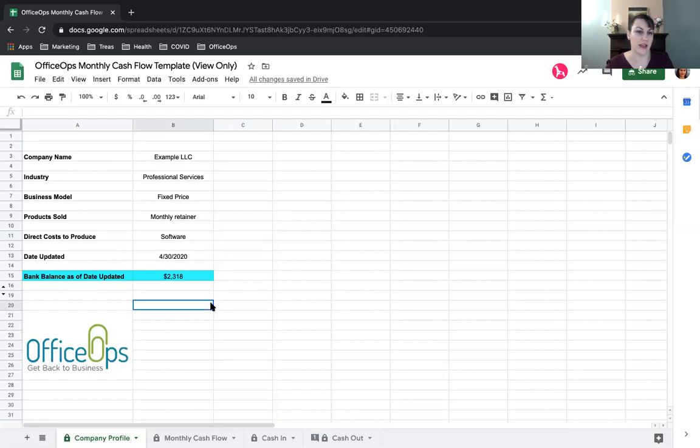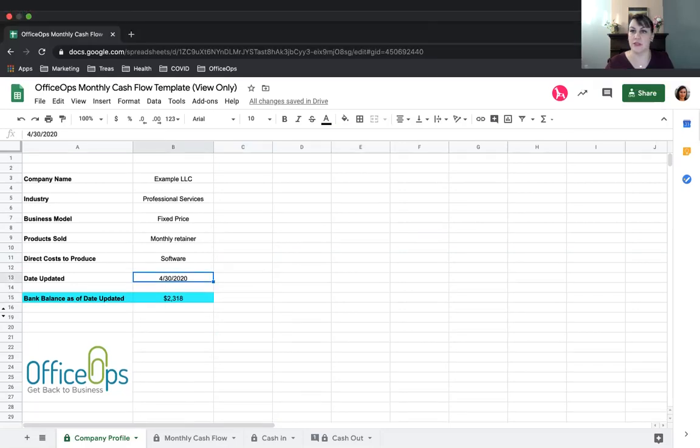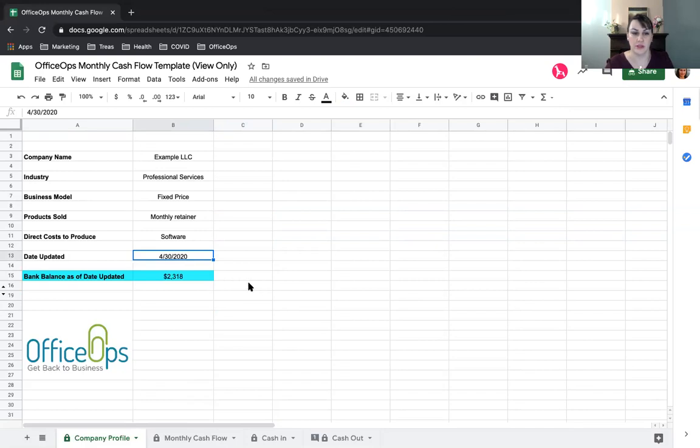Okay, and then a cash flow projection is always as of one point in time. That cash flow is a forward projection as of one point. So that's why the bank balance is always as of the date updated. So this whole cash flow is really an April cash flow, so I'm just going to put 4/1 here. Basically, we would put today's date, today's bank balance, and then when we go through the cash in, cash out sections,